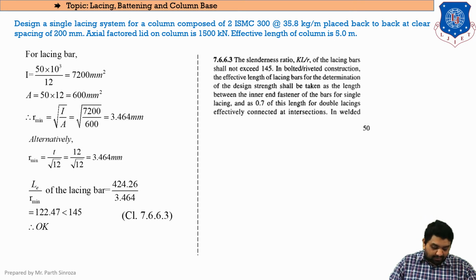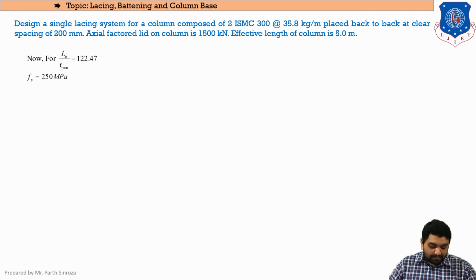So in this case, for the lacing bar, that is our section that we have just obtained, this was the effective length, and this is the radius of gyration that we just obtained, and the value comes out to be 122.47. So the section that we have opted for is correct up till now. You need to provide these checks in continuous order so that you can verify whether you are going smoothly and following the proper procedures or not. Clear? So now we'll be focusing on the next parameters, that is for the section.